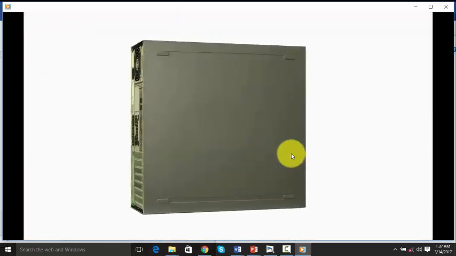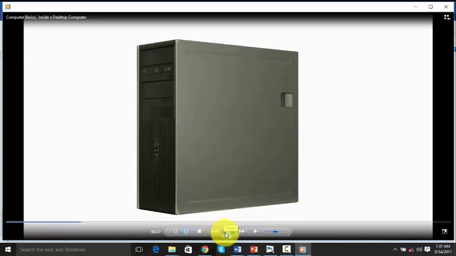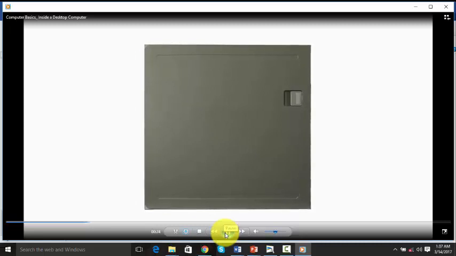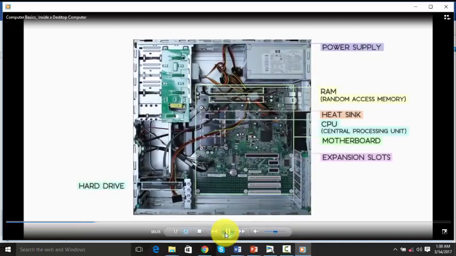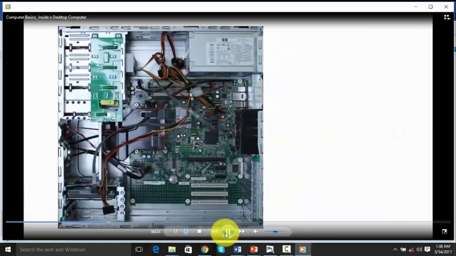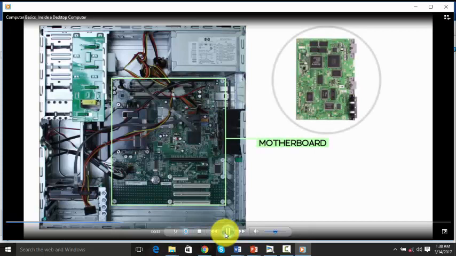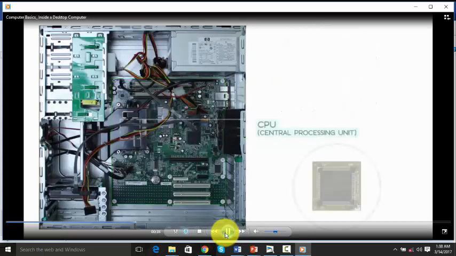You may already know that there are a lot of important parts inside a desktop computer, but what exactly do they do? In this video, we're going to take a look inside to show you the various components that make a computer work. Every computer has a large circuit board called a motherboard. This contains some of the most important parts of your computer, such as the CPU, also called the central...